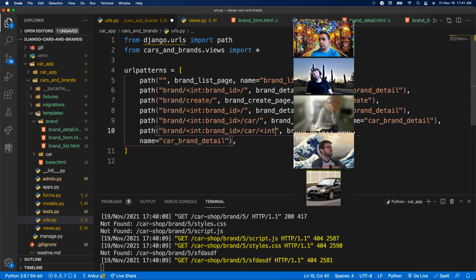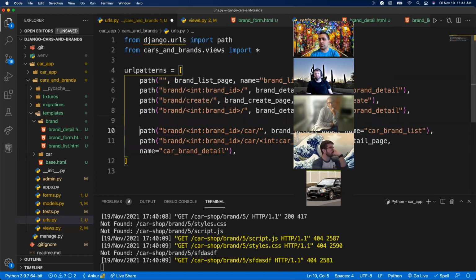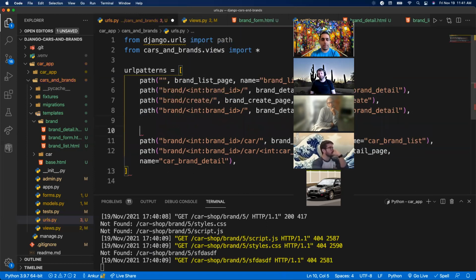And let's say we want to see a brand detail. We'll probably have car ID here. So again, we can have multiple parameters. In this case, this URL is going to have brand ID and a car ID. That's totally fine. Just make sure we understand the names of them and how to extract the values. So this would be car brand list and then car brand detail. All right, so we added 2 new routes. Let's actually space this out. So let's say these are